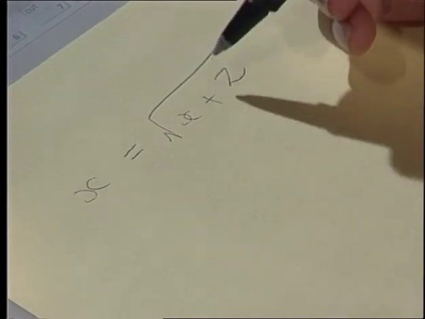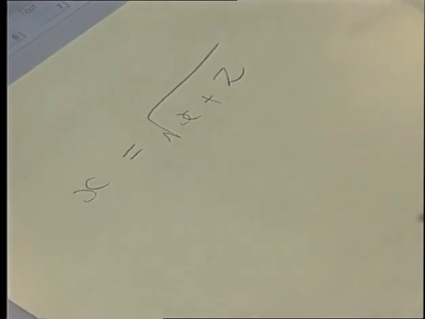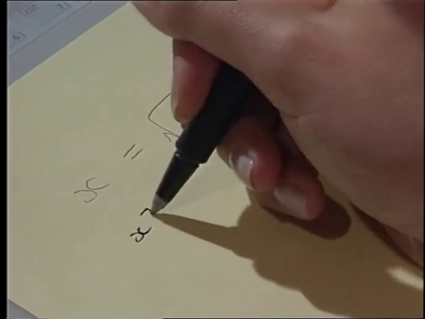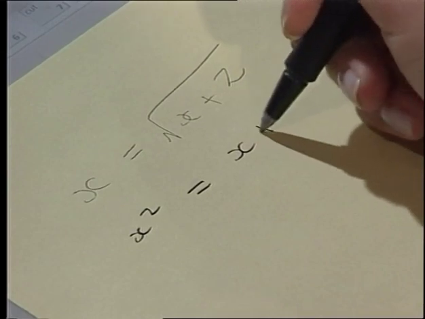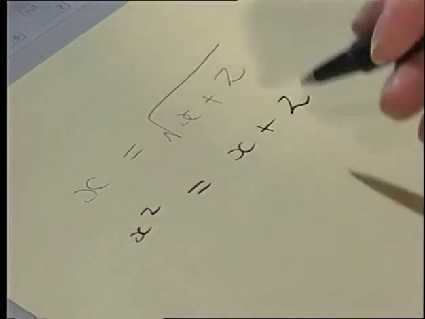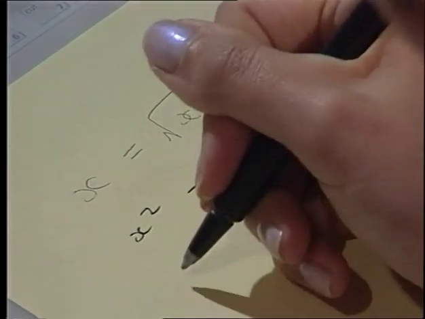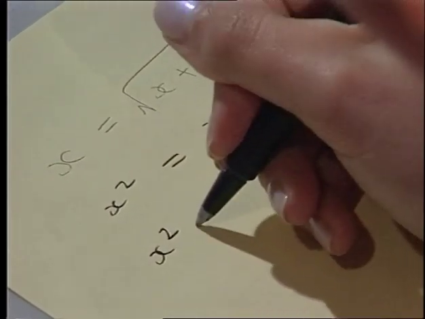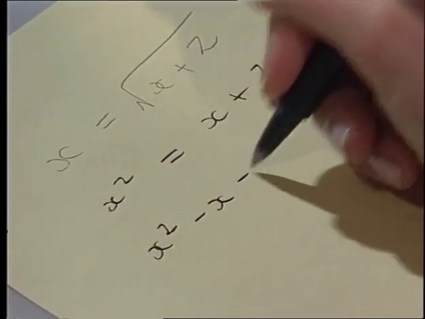I'll start by introducing you to one of those tricky issues. Look at this equation. x is equal to the square root of x plus 2. I'll have a go at solving it. Suppose I start by squaring both sides. That gives me x squared is equal to x plus 2. And bringing this all over to the left-hand side, I have the quadratic x squared minus x minus 2